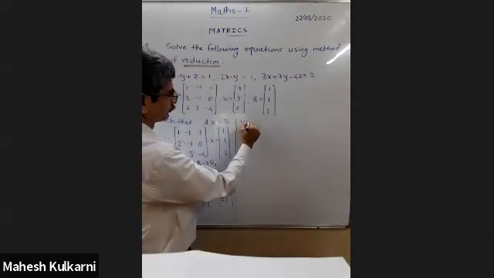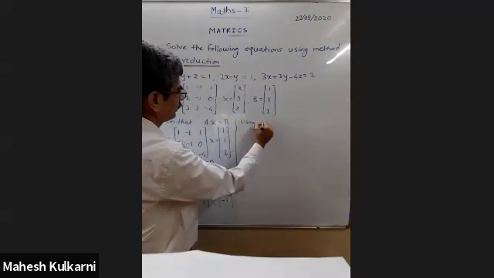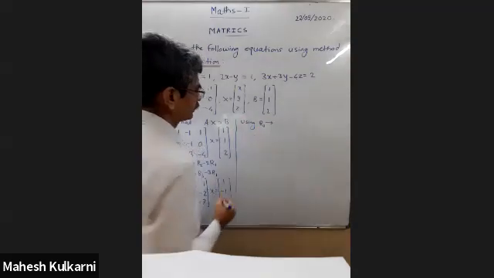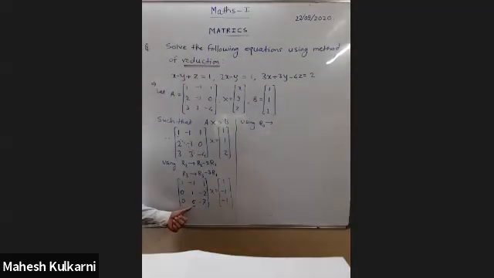Using R3, the change should be in R3 in place of 6. Now take the combination of this row with the second row only, not with the first. If you take a combination with the first, you will get 0 here, but because of the 1, this element will change. So without disturbing this, you have to bring 0 in place of 6.